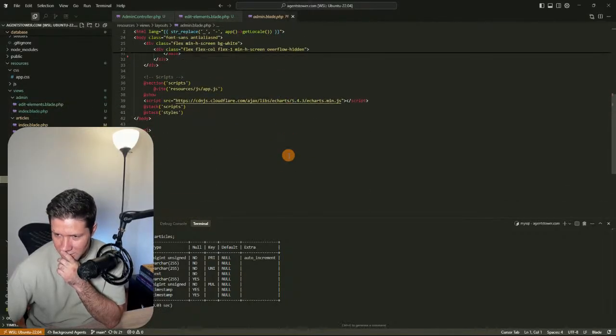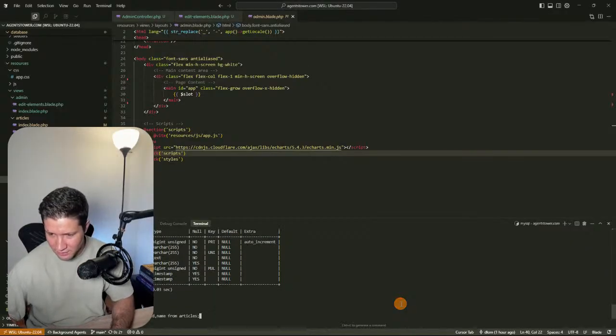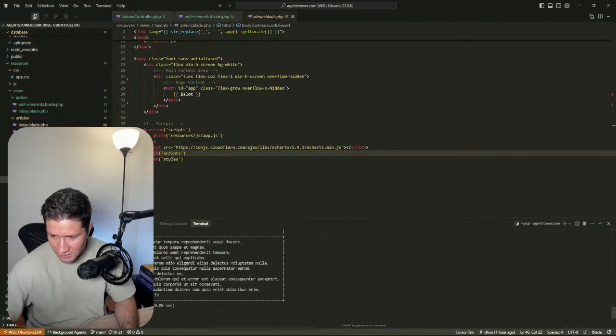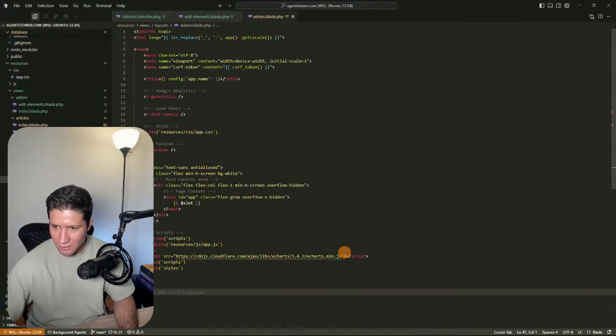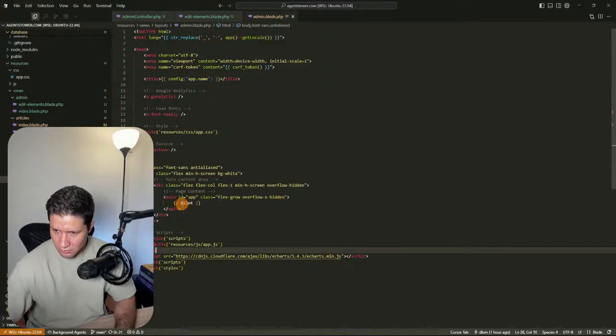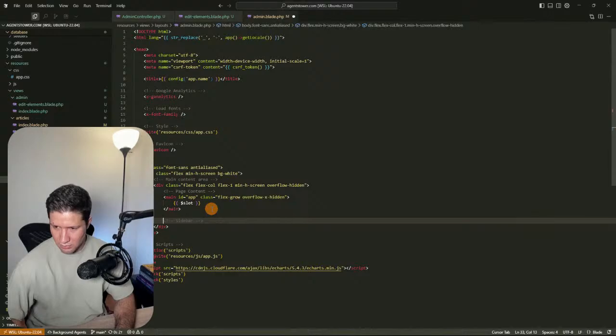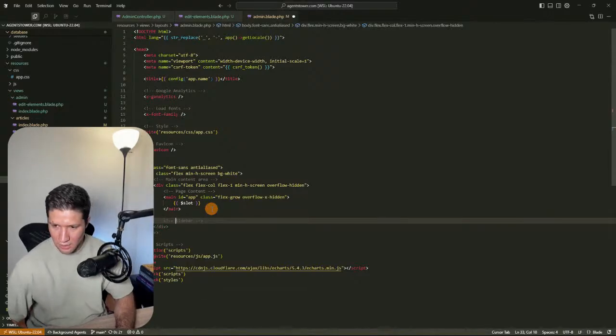So how can I add this? Because the article was added. So for example, here you can see that this article was already added. So let's make an if in here. How can I add this? So it's going to be here. So no, I'm going to call this the